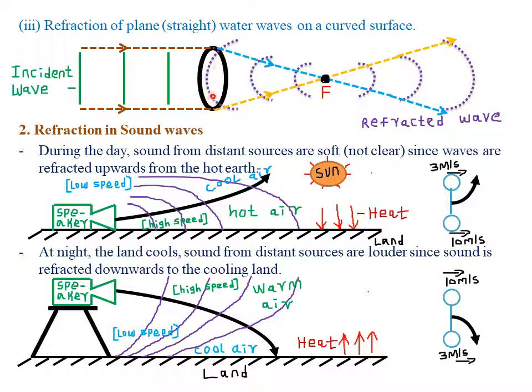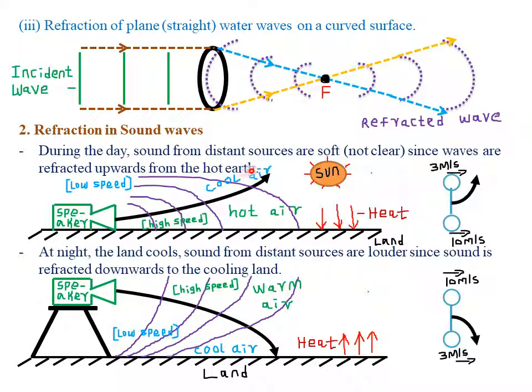So you can see that the refracted waves are also curved. That is, they are taking the shape of the refracting surface. Then, of course, if the incident wave was moving towards the right, the refracted wave will also be moving towards the same direction. Then number 2, we look at refraction in sound waves. Then we are saying that during the day, sound from distant sources. Remember, distant sources, these are sources that are very far away from us. So during the day, sound from distant sources is usually soft or not clear, since the waves are refracted upward